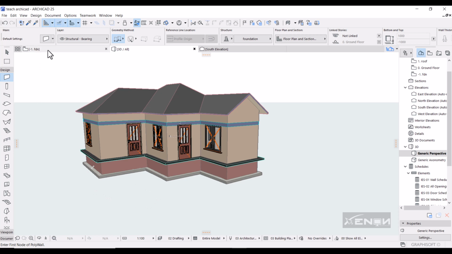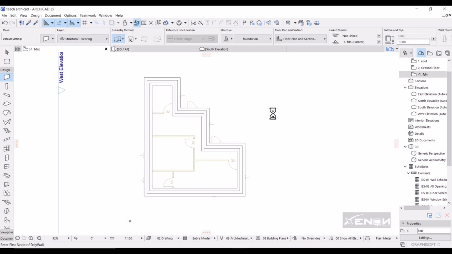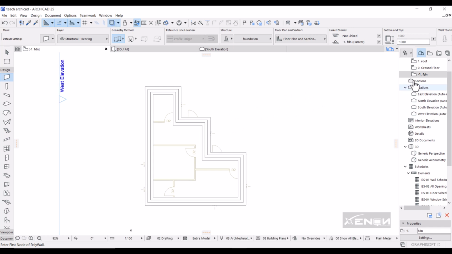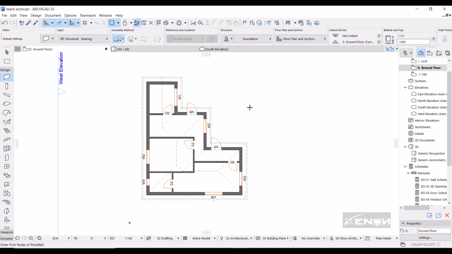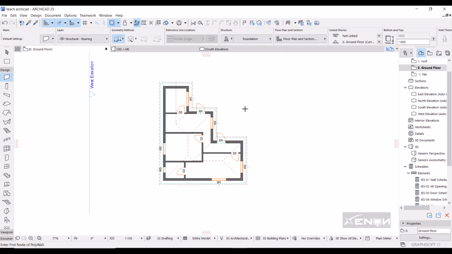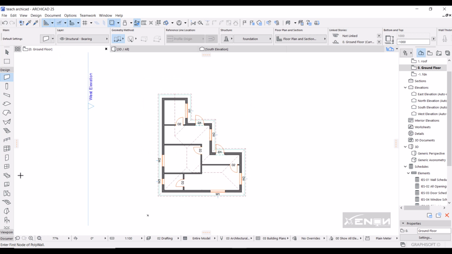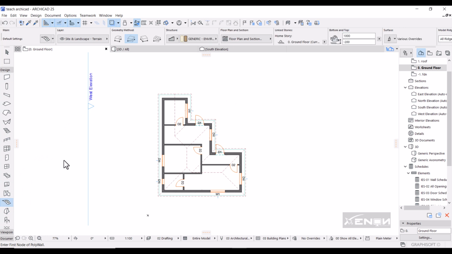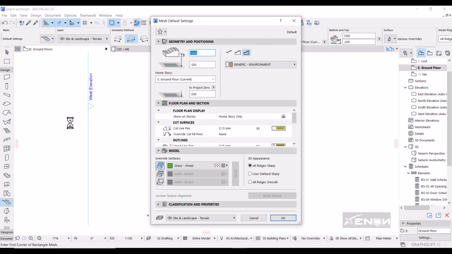Perfect. So let's head over to our ground floor. As you can see, we are in our foundation story, so I'm going to click the ground floor, and just like that we shall get back into our ground floor. So I'm simply going to hit my mesh tool, and I'm going to go into its settings here. Perfect. So what I want this mesh to be at a distance of just -100, just below the slab, and